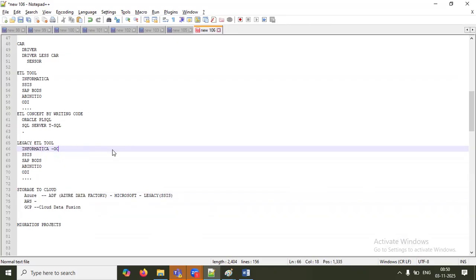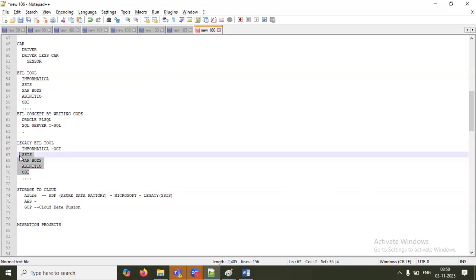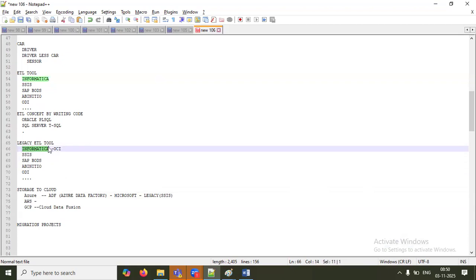That means legacy Informatica will not work. They have provided one new ETL tool which will support the cloud. But whatever it is, the legacy ETL tools will not work as they are. If they change, like Informatica, then that can work.